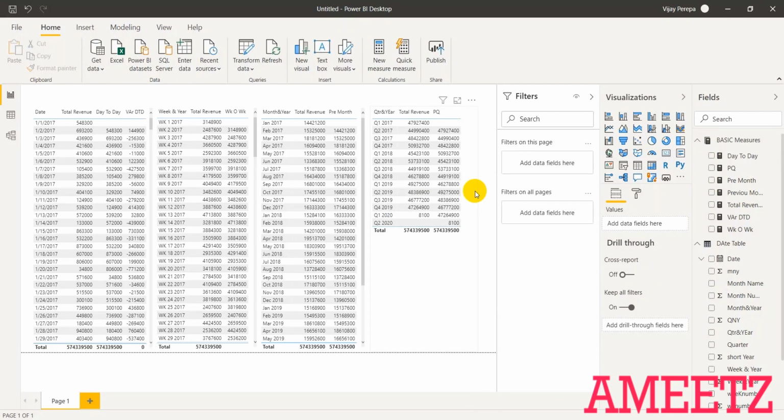By now I hope you have understood the importance of the date add function, which is helping us to create comparisons within the year, like month on month, day to day, and quarter over quarter. However, in case of week to week, that means previous week, we need to create another logic which we have discussed. While creating the column structure like week 1 and week and year, month and year, and quarter and year, we have discussed how to manage that with additional columns.